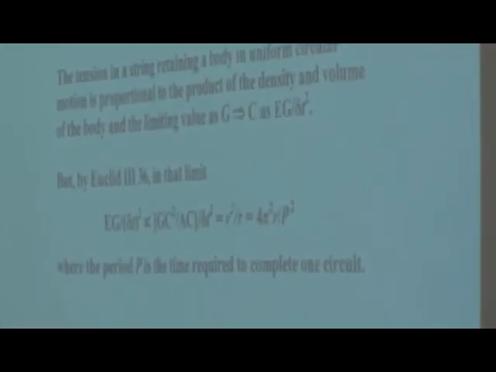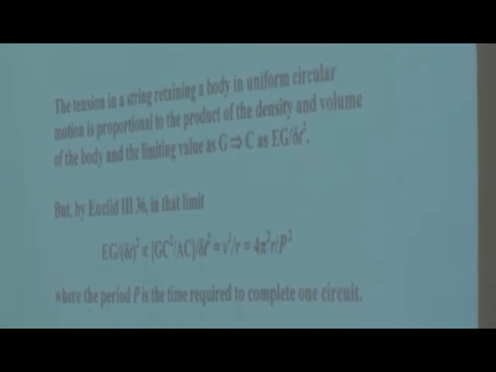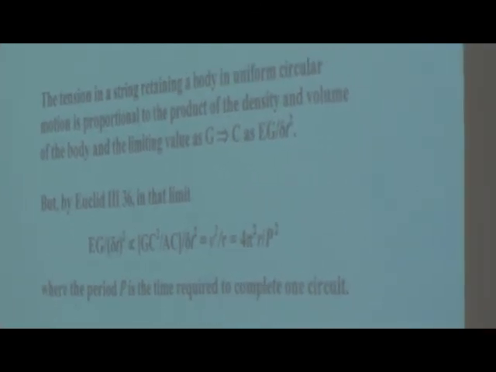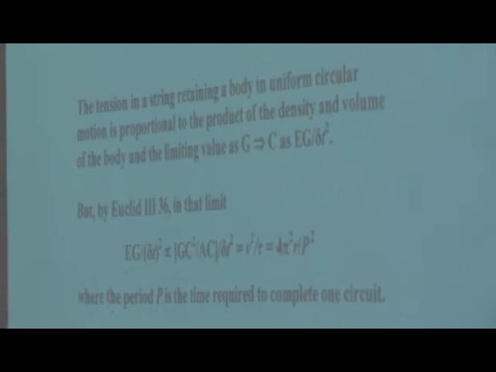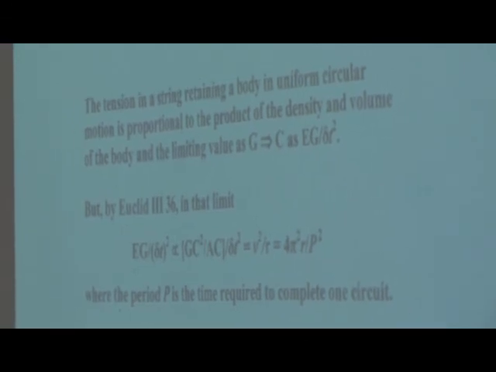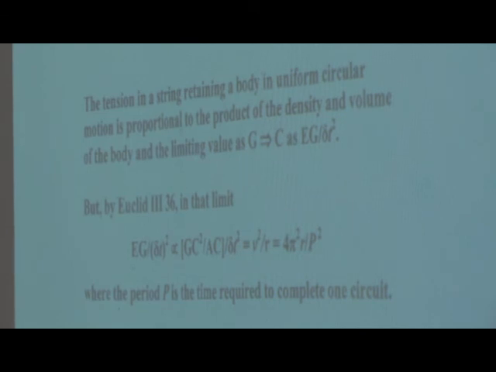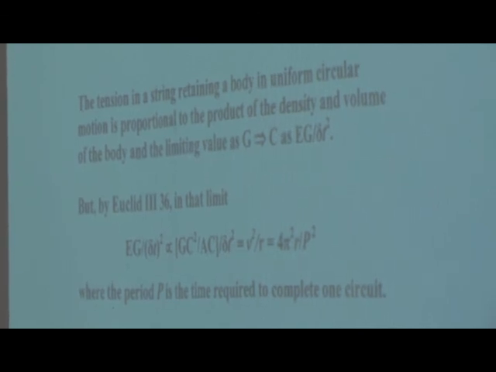So what he has done is not only to take a case of static equilibrium with a string, but he's taken that limiting value and turned it into something we can measure without having to worry about infinitesimals, namely the radius, the length of the string, and the period, both of which are comparatively easy to measure. So here was the vehicle that Newton knew totally well, the vehicle by which Newton could address the question, what's the evidence for his first two laws as assertions about relations between motion